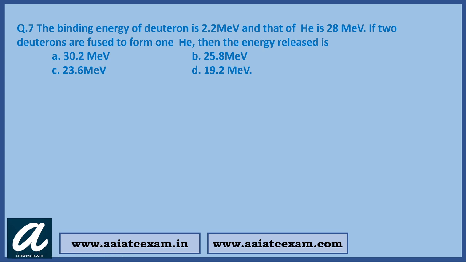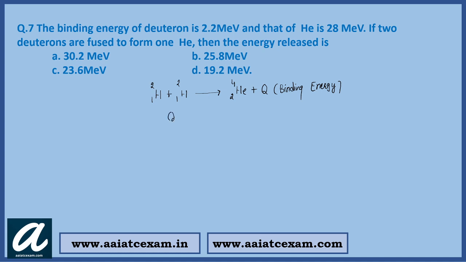Question number 7 is there, that is, the binding energy of deuteron is 2.2 mega electron volt. Again, students, this is the deuteron. When it keeps on changing, it will form helium nuclei having atomic number 2, mass number 4, and some amount of energy will be released here. As you know from the previous question, this energy is binding energy. Now students, can you calculate this binding energy here?